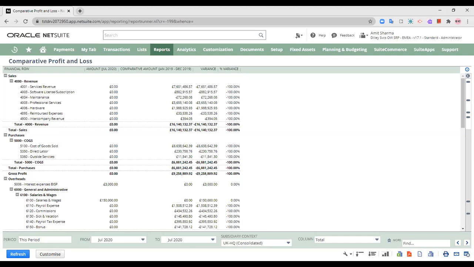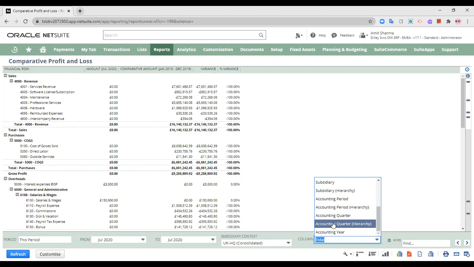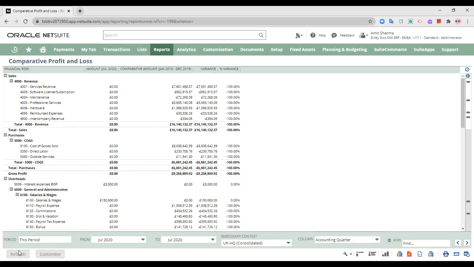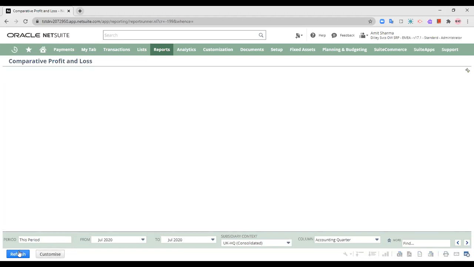This is the consolidated one. Then in the columns you can also select whether you would like to present the data per class, department, location, subsidiary, or accounting period. Let's say I would like to view it per the accounting quarter. So I can also choose to view the information based on the accounting quarter.